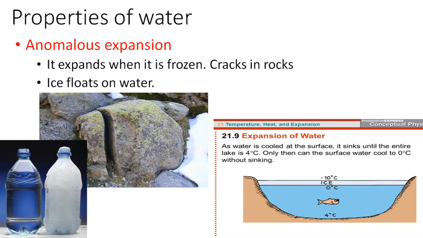What will happen? If this ice doesn't float, it will sink to the bottom of the lake, and then a next layer of ice occupies the bottom, and so on. So in the end, the whole lake will be frozen. However, because of this property, the ice floats, and this layer of ice protects the rest of the water